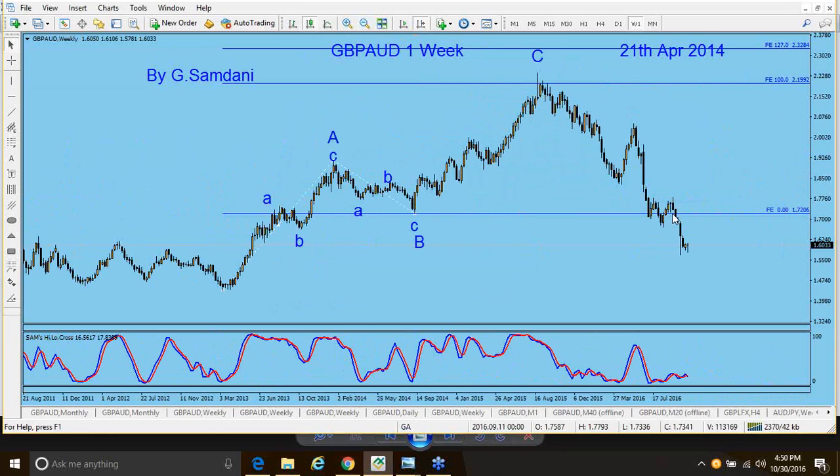We are turning. So where we are turning, usually the targets, you have to see if it is going to be impulse wave or